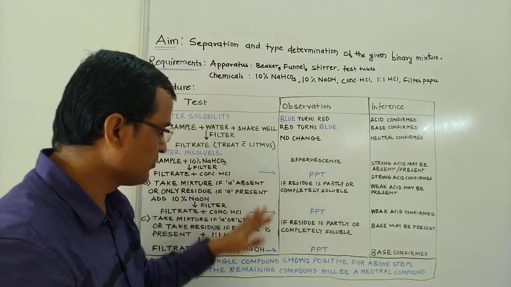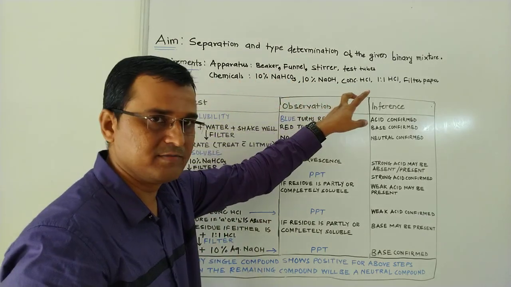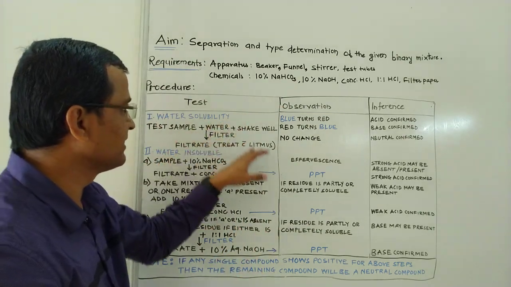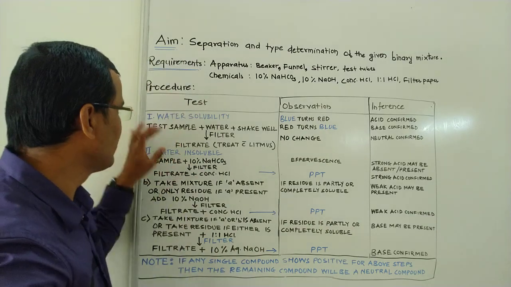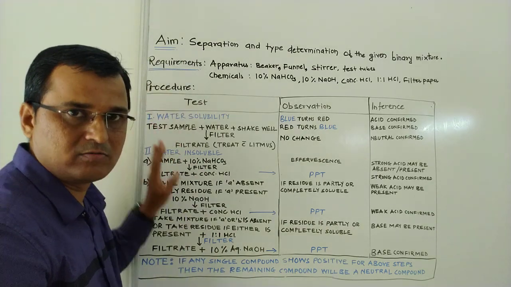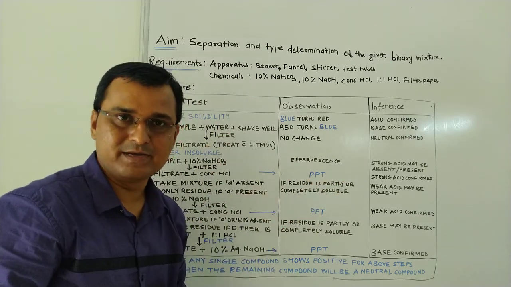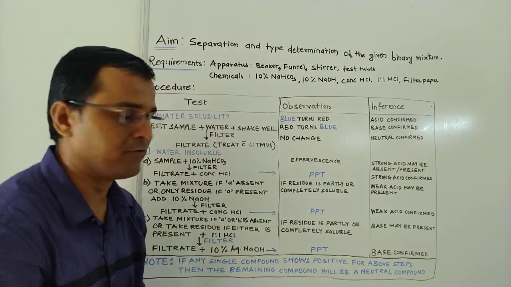हम एक बार फिर से इसको रिपीट कर लेते हैं कि जो भी हमारे पास बाइनरी मिक्सचर है, हमको बाइनरी मिक्सचर को सेपरेट करना है। बाइनरी मिक्सचर सेपरेट करने के लिए हम लोग जो मेथड अडॉप्ट कर रहे हैं वो सॉल्युबिलिटी मेथड है। उसमें हम लोग वाटर सॉल्युबिलिटी चेक करेंगे, एक वाटर सॉल्युबल, एक वाटर इनसॉल्युबल। सॉल्युबिलिटी विद रिस्पेक्ट टू दैट ऑफ एसिडिटी, बेसिसिटी एंड द न्यूट्रल नेचर ऑफ दैट इंडिविजुअल कंपाउंड।